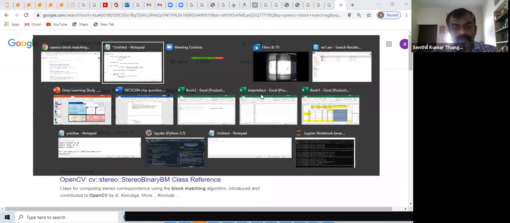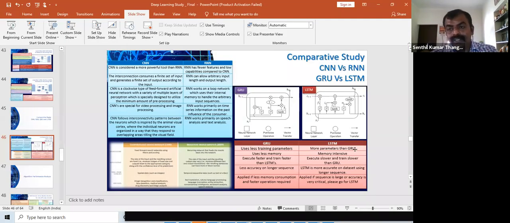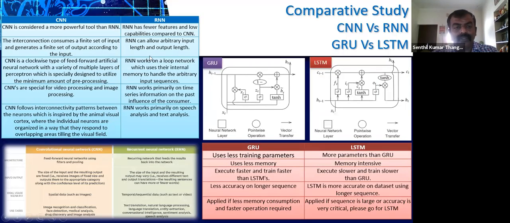That's it. The last part which I would like to show for conclusion is that many architectures are there. So there is always a question or debate, right? Which architecture is good for what reasons? So a quick conclusion of the architectures. If you take CNN, it's very powerful, right? Compared to RNN.